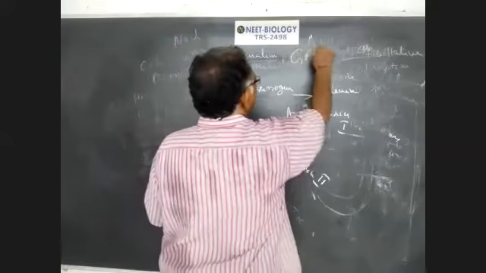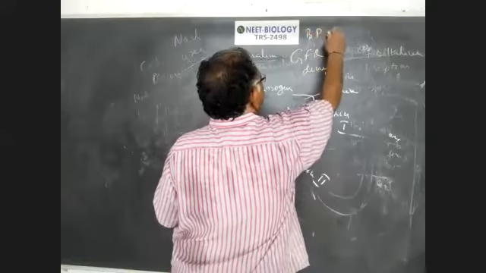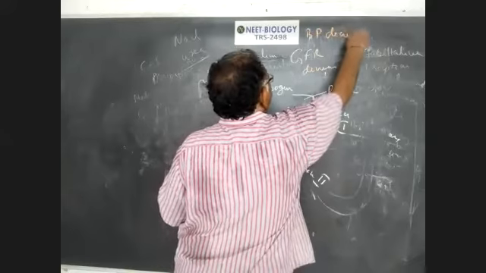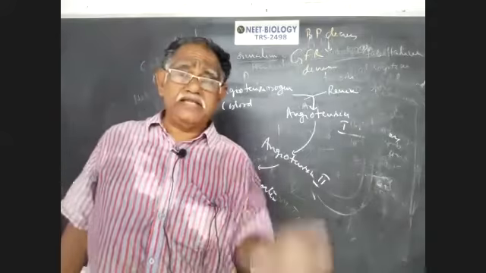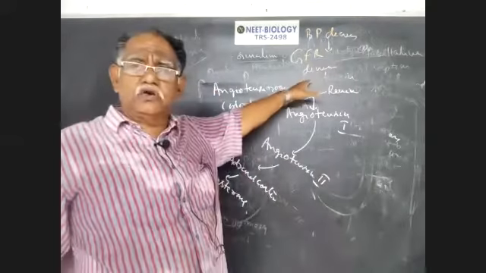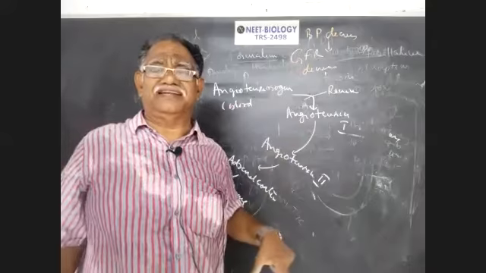Glomerular filtration rate decreases. When glomerular pressure decreases, it also results in the decrease of GFR. So to maintain the normal GFR, aldosterone is secreted and ADH, both hormones are secreted.